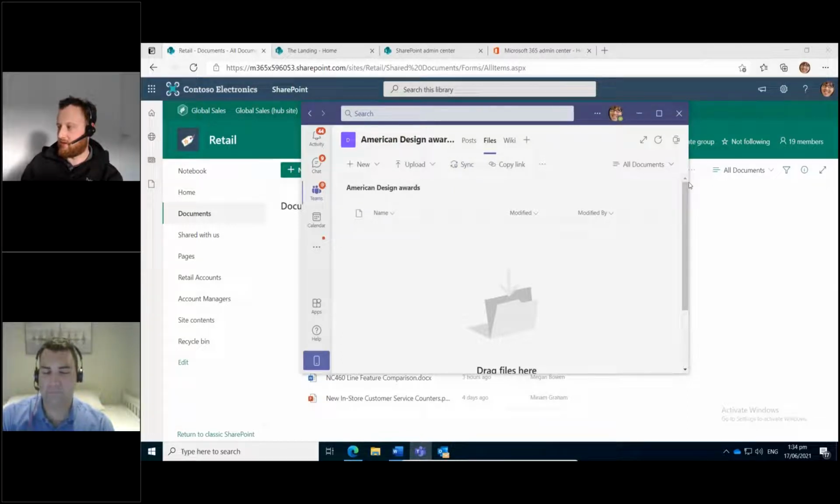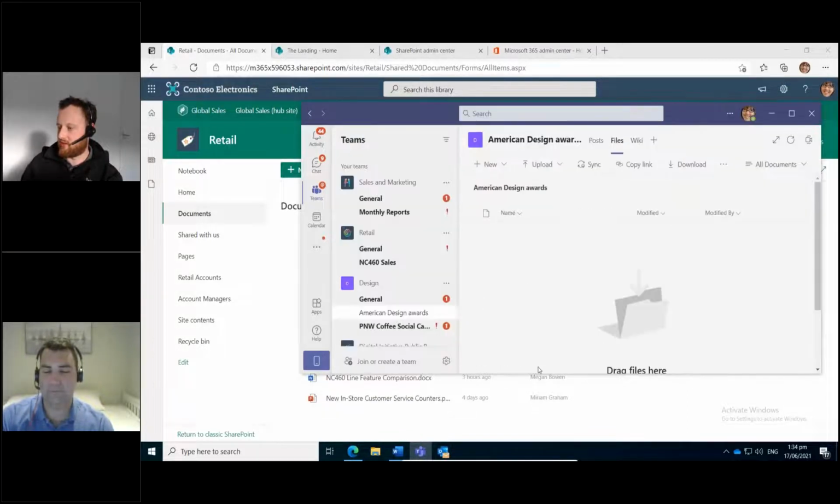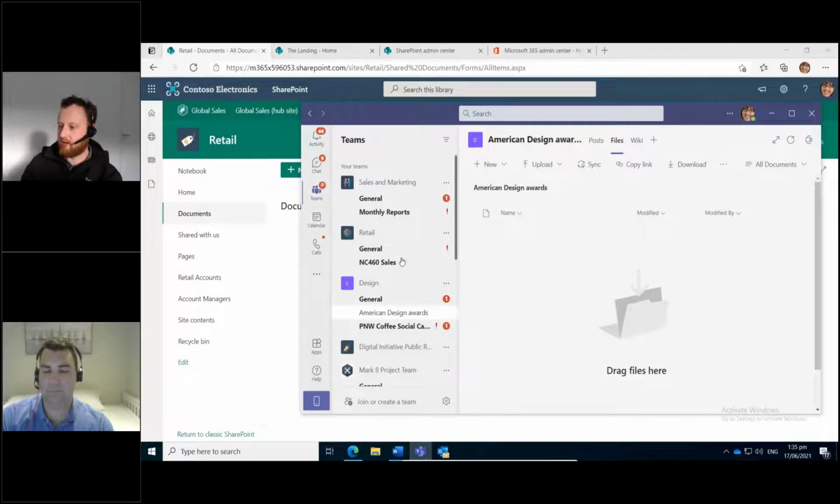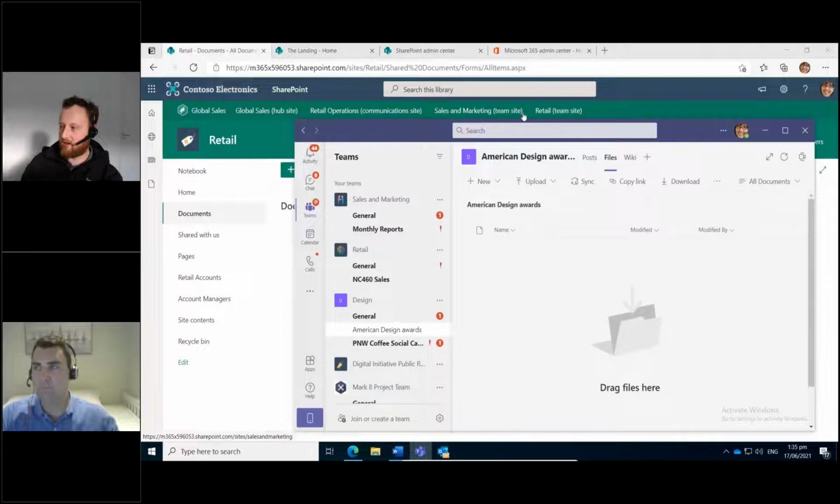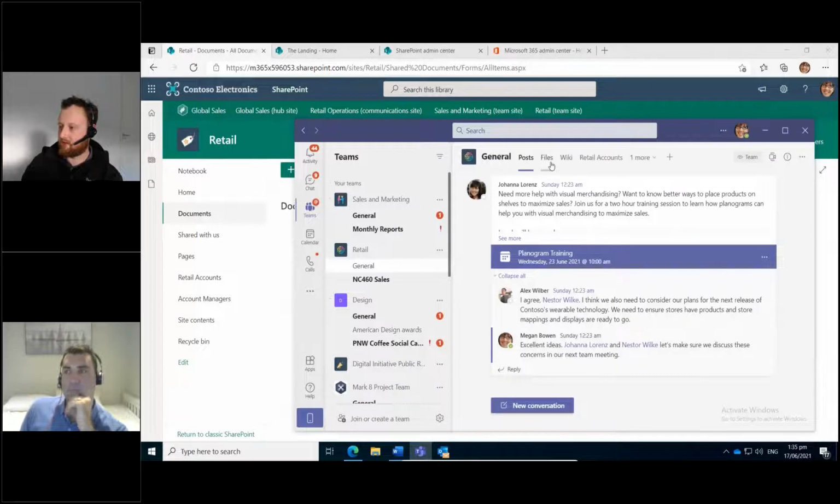So you may or may not be using Microsoft Teams, and I won't go into too much detail here because it is kind of a different topic. But you'll see retail, sales and marketing. These team sites also make, or can make, a team within Microsoft Teams. And if I click into retail and then click on the files tab,